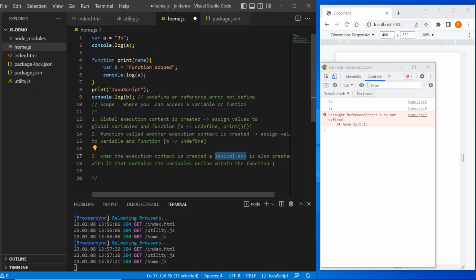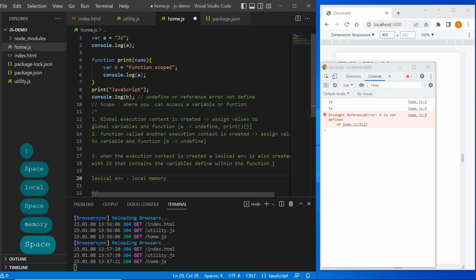So let me tell you what a lexical environment is. A lexical environment is nothing but a combination of the local memory where our functions and variables are defined, plus the lexical environment of its parent.